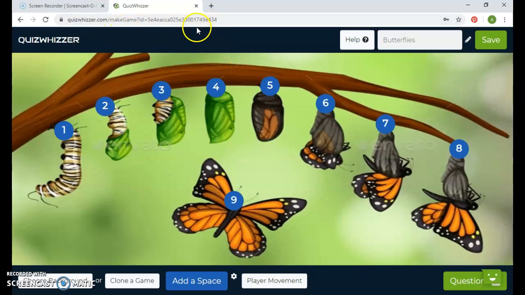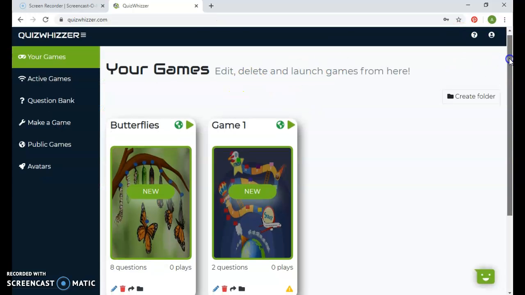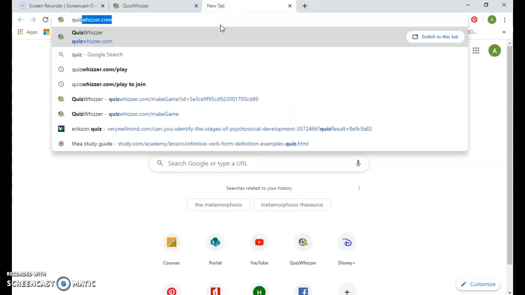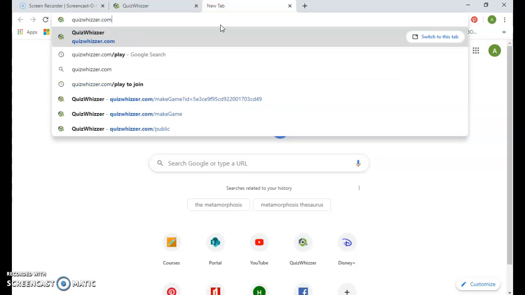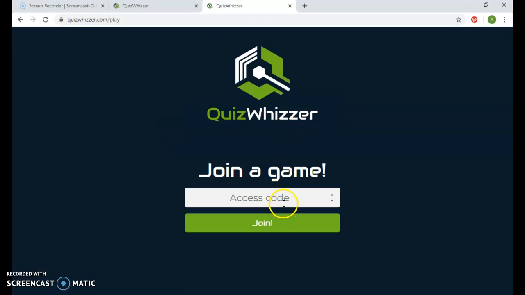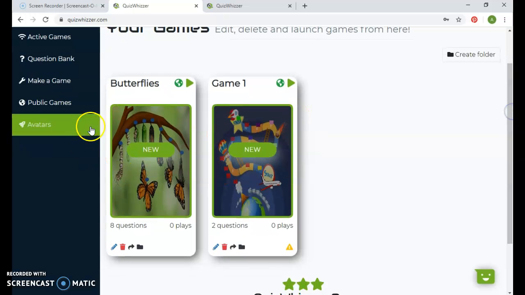And yeah, in order to play the game, I'm going to save it to make sure it doesn't get deleted. To play the game you would go to quizwizard.com/play, and you're going to hit this one that says join a game, and it will give you your access code. Once you go, you will want to hit